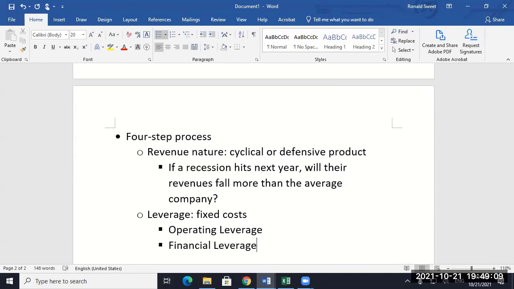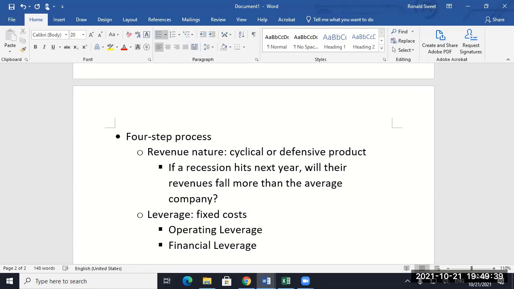So leverage makes a firm more volatile. It won't flip a defensive company into cyclical or a cyclical into defensive. What it does is leverage will make a cyclical company more cyclical. It'll make a defensive company less defensive. Okay, so think of it in those terms. So it's rare that you're going to take a 0.6 beta and make it a 1.4 beta. But you could take a 1.4 and make it a 2. You could take a 0.6 and make it a 0.8.